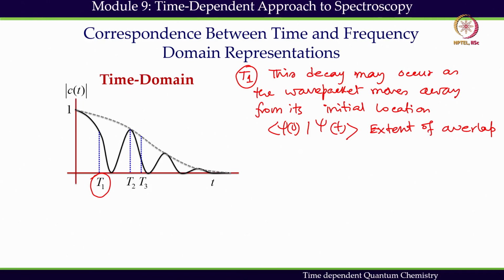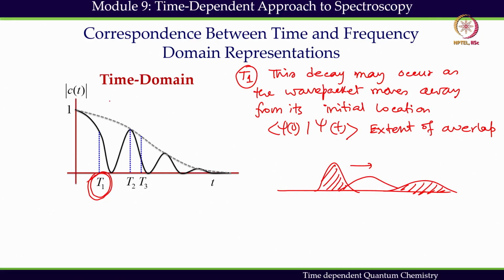the wave packet moves away from its initial location in position space, it is actually moving away. So my initial position wave packet was this, and then at a later time it is like this, it is moving away. Because it is moving away, the overlap between the initial wave packet and the final wave packet is, we are losing that overlap, and that's why it should decay. So this decay is quite inherent decay of the time correlation function. It should decay because